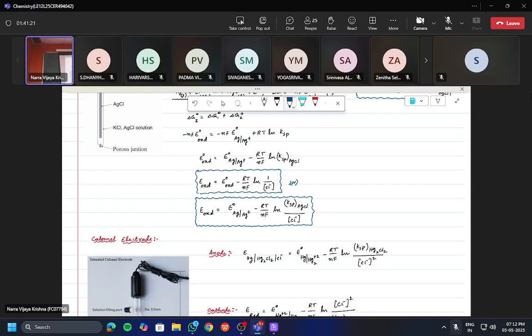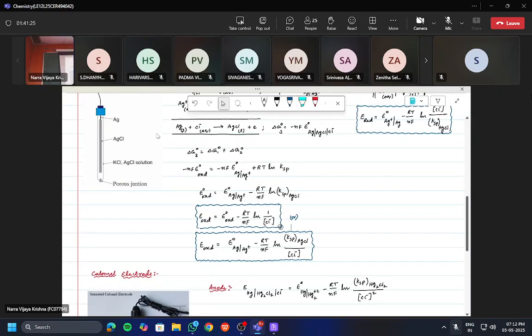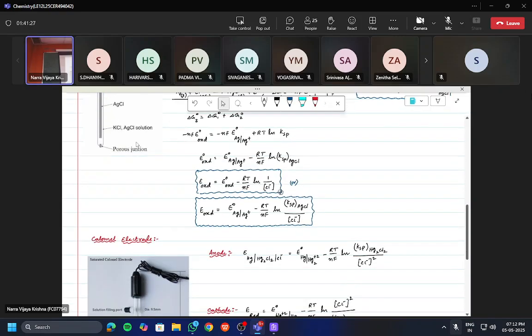Observe the same equation; I am writing it in this way. How many electrons are involved in this reaction? One only. So what is the n value? 1. Then can I write RT by F times 2.303 as 0.0591? So I am writing this same equation as E oxidation equal to, instead of this, E naught oxidation